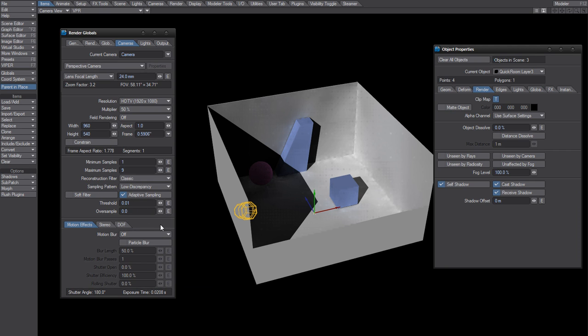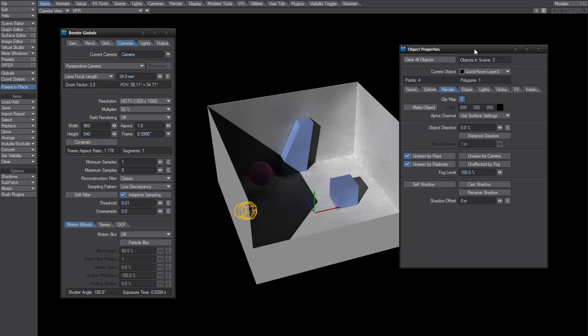The problem is that all the lights and radiosity is still affecting that baked wall, so we need to fix that. And the way we fix that is by saying unseen by rays, radiosity, no shadows, no cast shadow, no received shadow. And that's pretty close actually. I don't know why, but it's not a total fix, because if I go to frame 60 now, for example, and I render,